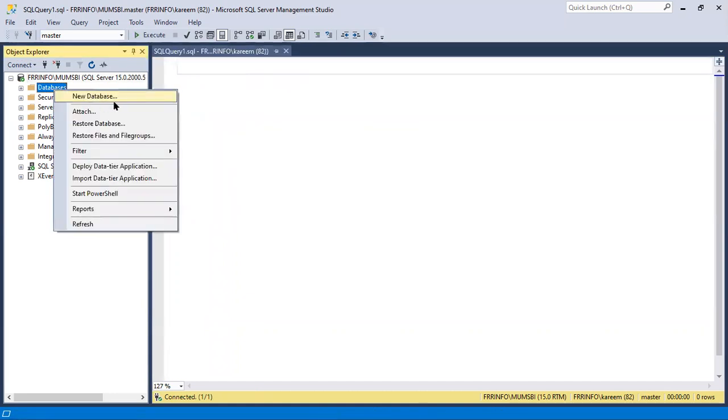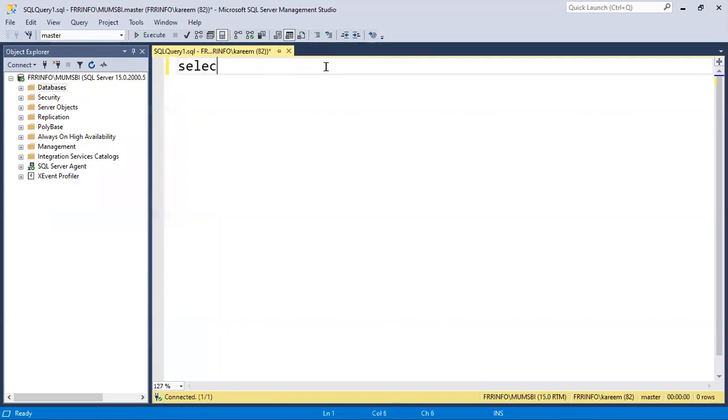Most of the tasks we can do graphically, directly. Both ways we can work, depending on how we need.